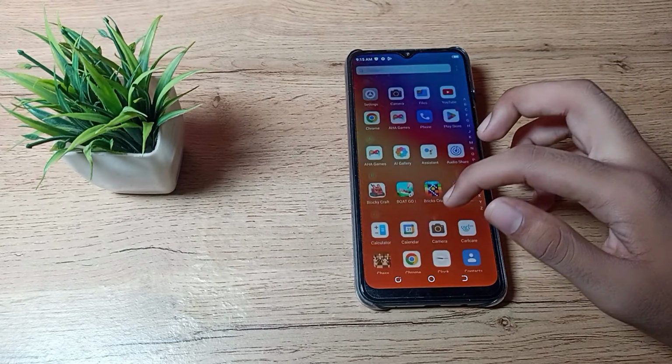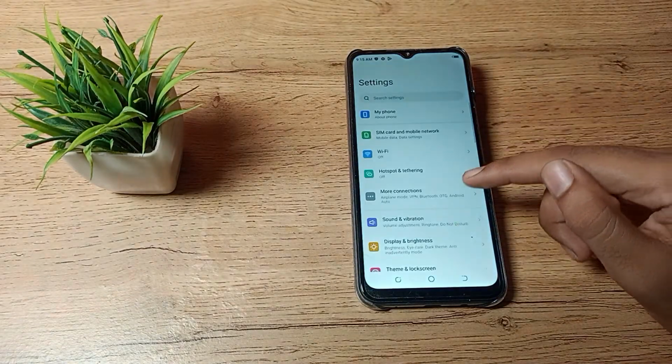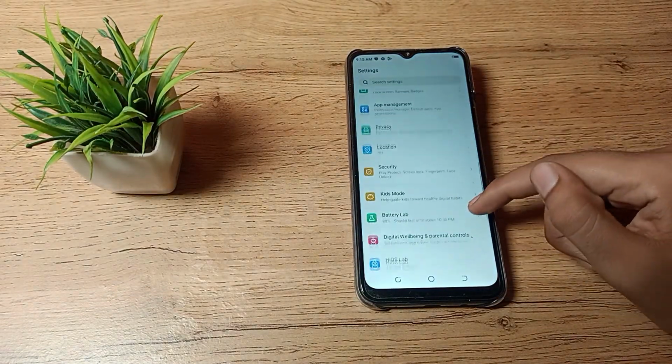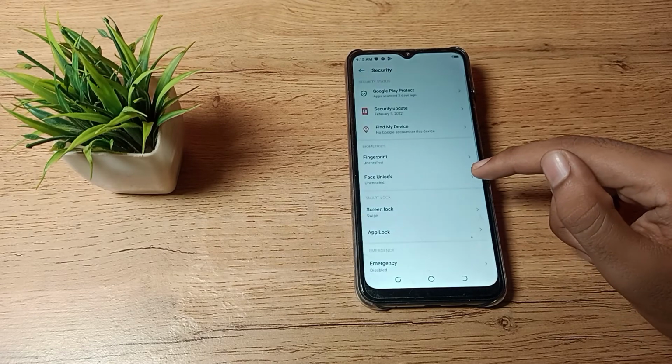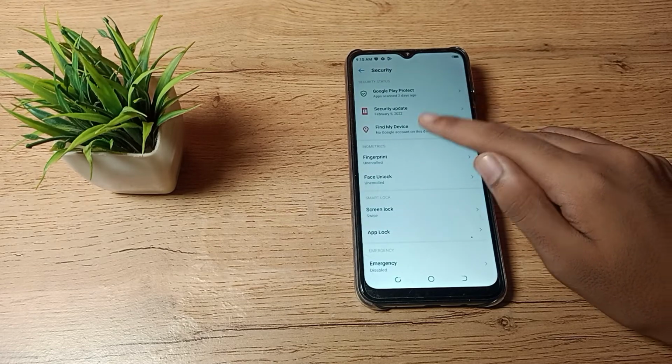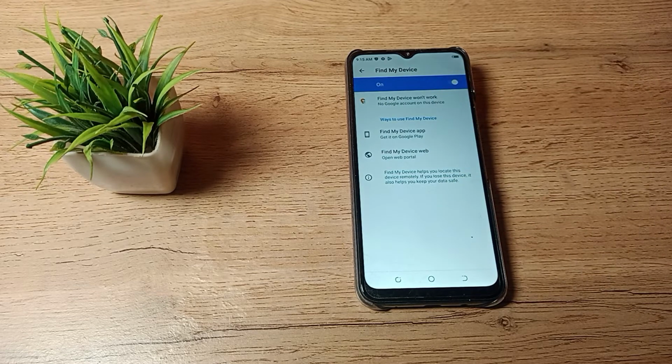First of all, open your phone settings to disable Find My Device, then scroll down. You can see this type of setting. Click on your security setting, the phone security setting. The third option, you can see Find My Device. First tap here. If your Find My Device is enabled and you want to disable it in your Tecno phone,